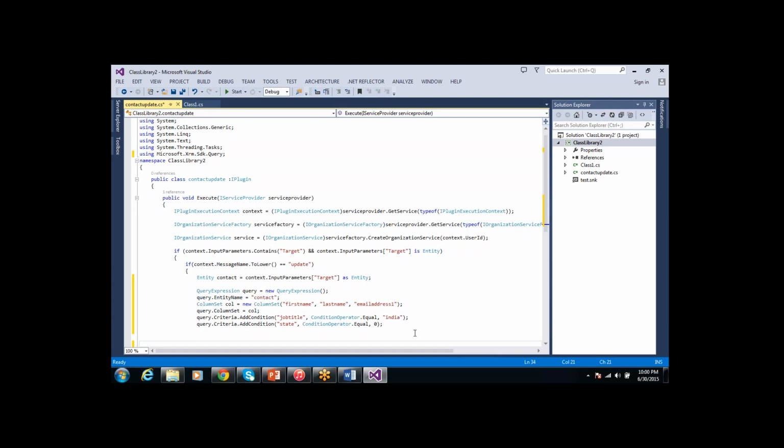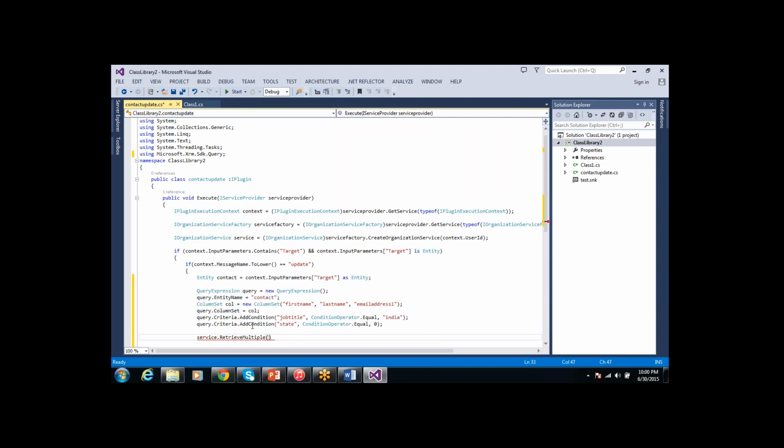This query we can execute through the service. We have a CRM service here, IOrganizationService. On the service, we have the RetrieveMultiple method.